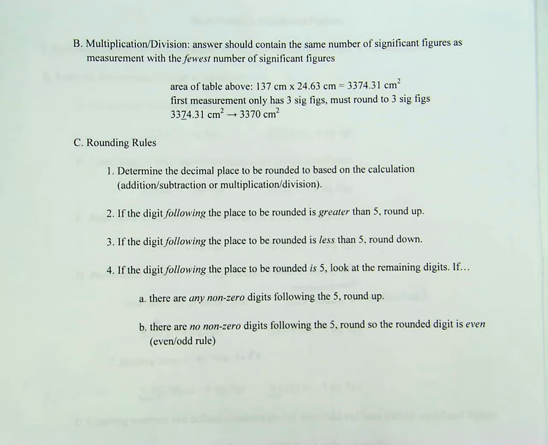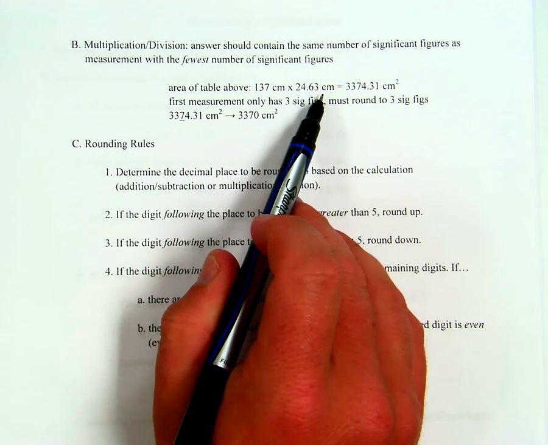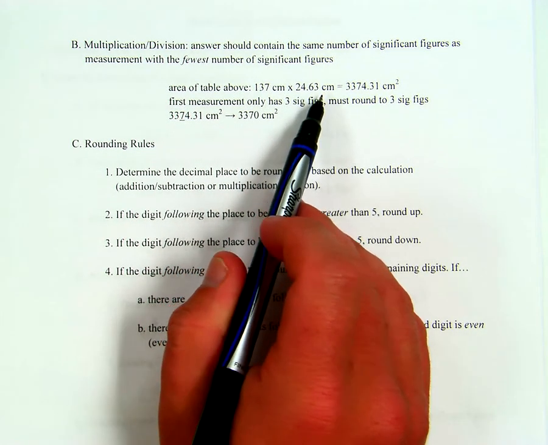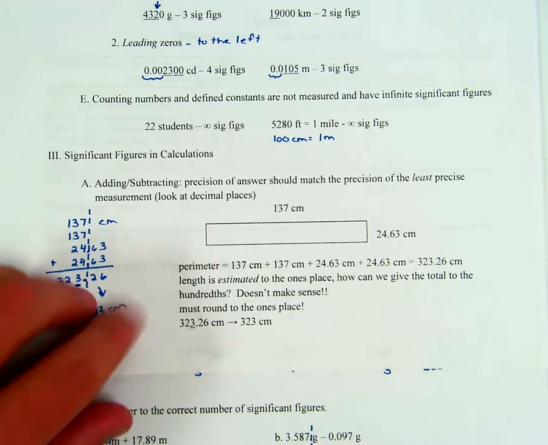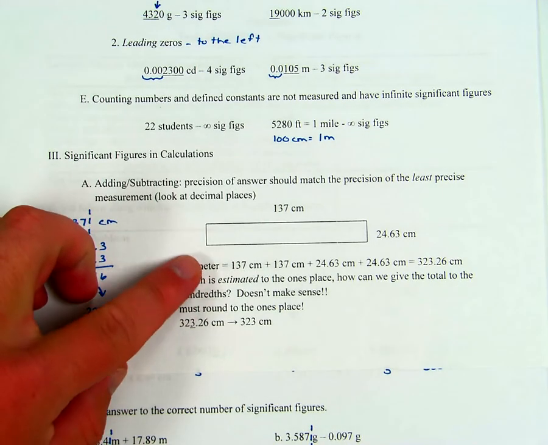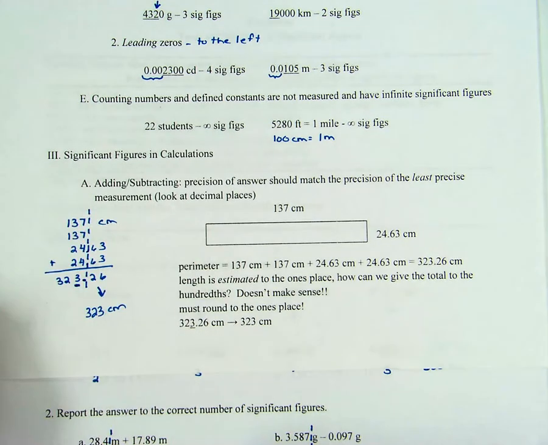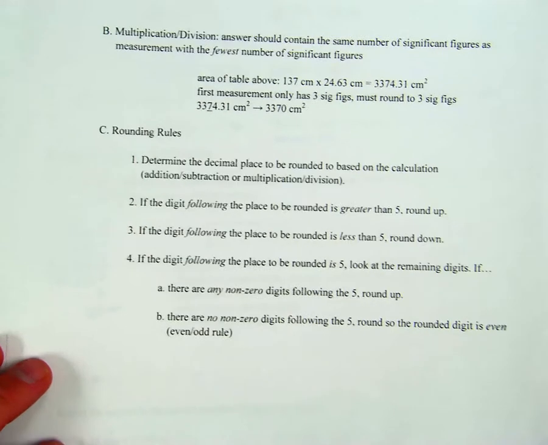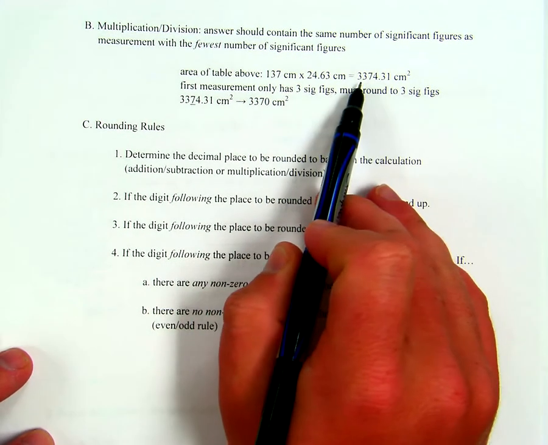So the example we have here, if we wanted to find the area of the table from the previous example, recall the perimeter, I'll flip back to that. Before we calculated the perimeter of this table with the dimensions that we have there. Now let's say we wanted to find the area. So recall area would just be length times width. This is what you would get if you plug this in your calculator,